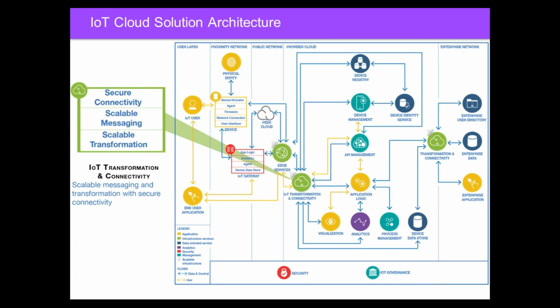And in some cases, they may be a binary format message on the way in because I can compress that and make it very small. And I need to put it into a format that I can actually understand it and perform analytics against. So I'm going to have to do some level of transformation at this point. That needs to be scalable.